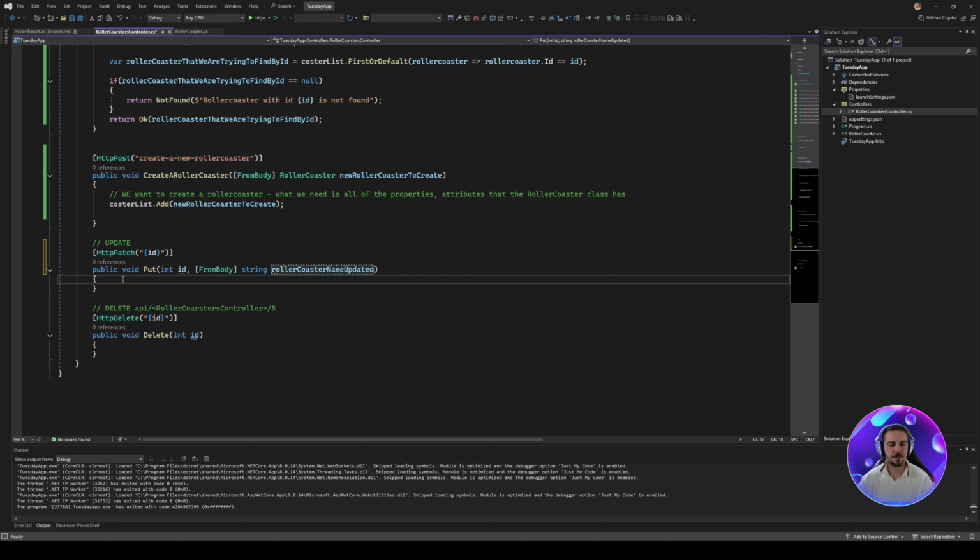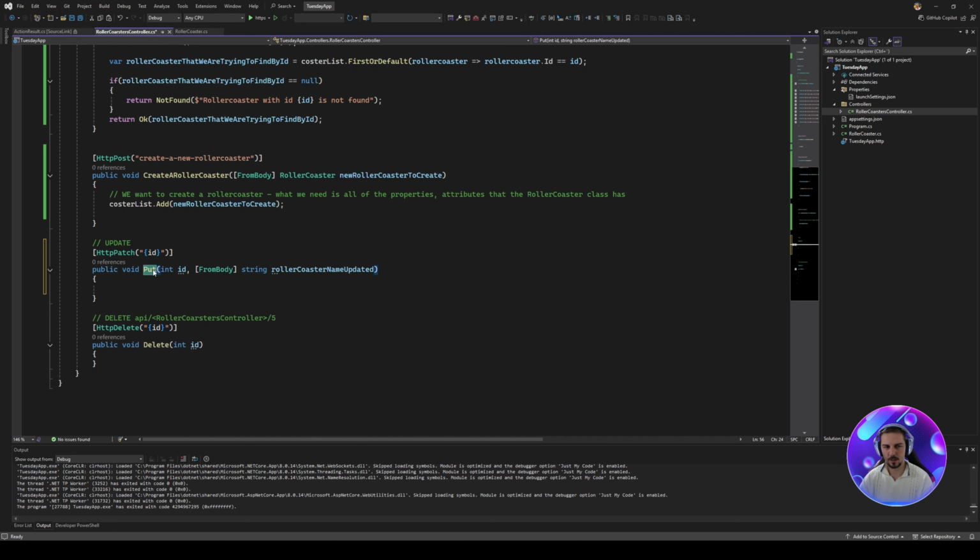So, and here instead of put, this will be called, and this will be called as well. I forgot to fix that. Patch roller coaster name. Or instead of patch, we can say update. And here again, update